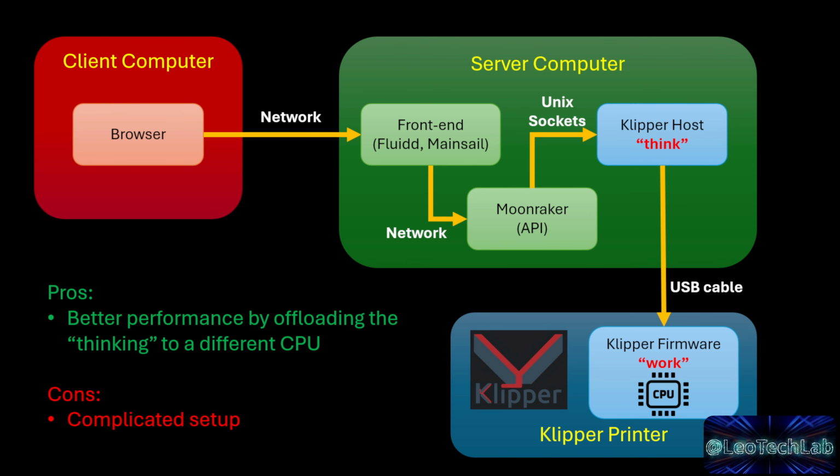They are 2 graphical web front-ends that consume Moonraker's web APIs and allow us to interact directly with our Klipper host through a graphical UI in a browser. It should be noted that, although in the diagram the front-ends are represented on the same server as the Klipper host and Moonraker, given that the communication between the front-ends and Moonraker is done over the network, the front-ends can be hosted on a machine other than the server, although they are usually all on the same machine for simplicity's